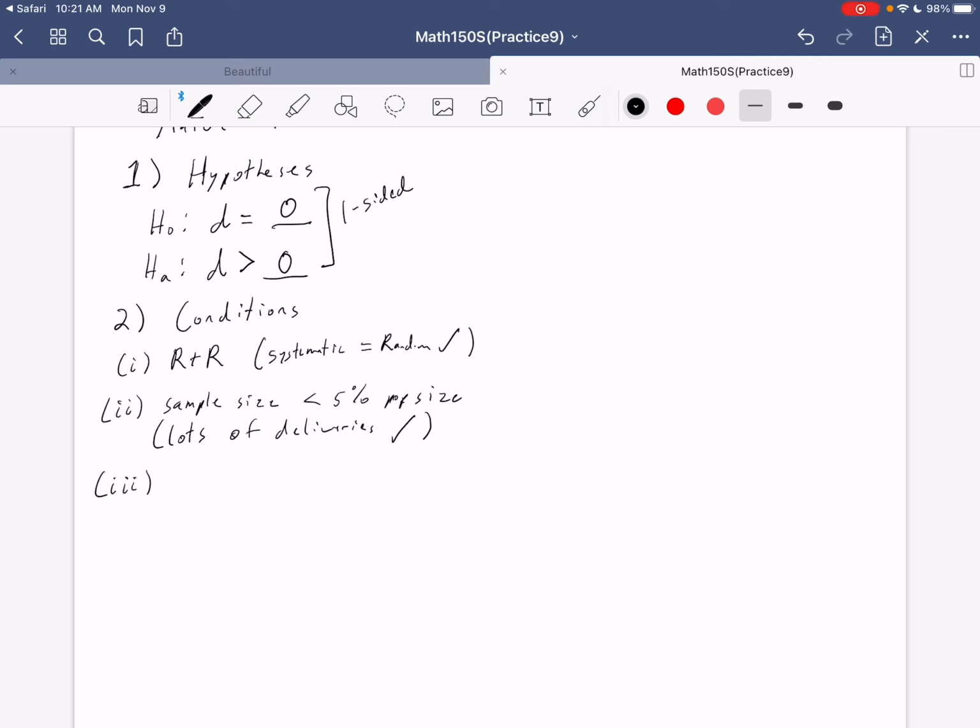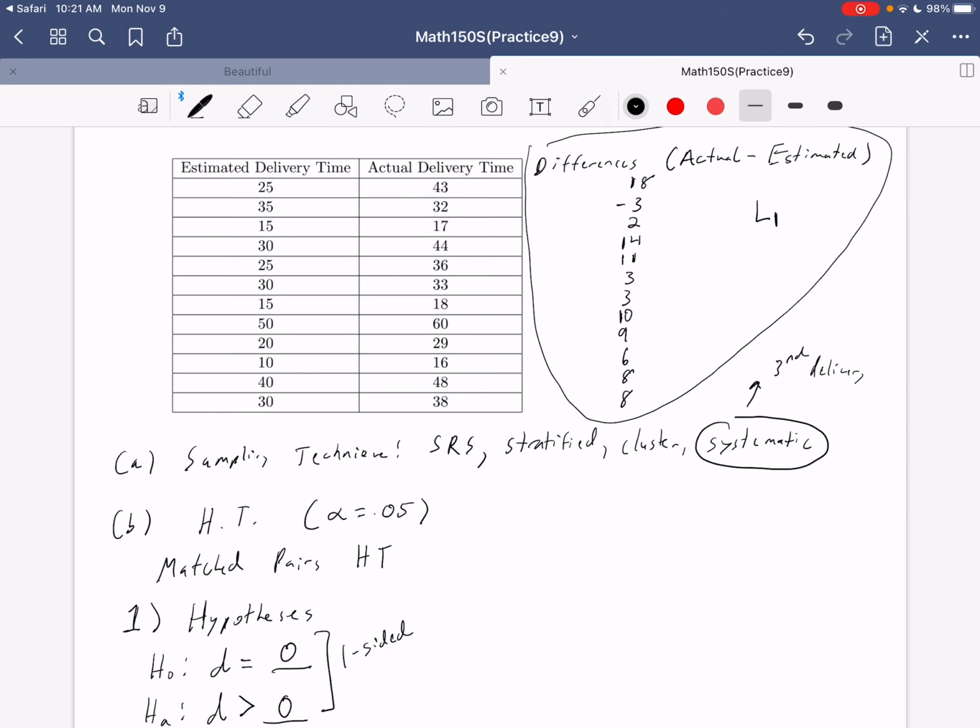Condition 3, there's two ways of checking it. Sometimes we have enough data, greater than or equal to 30 data points, that we can just say we have enough data. Unfortunately, in this case, like we said, the sample size is pretty small. It was 1, 2, 3, 4, 5, 6, 7, 8, 9, 10, 11, 12. So there's not enough data to just say via the central limit theorem that the sampling distribution is going to be approximately normal. Instead, we need to actually investigate the normality by looking at a stem and leaf plot of